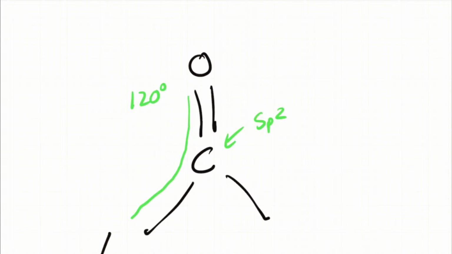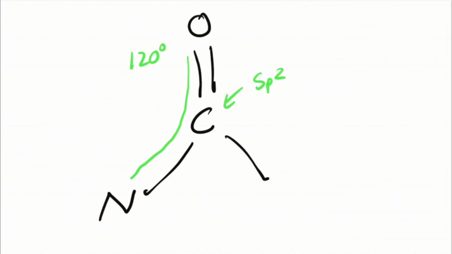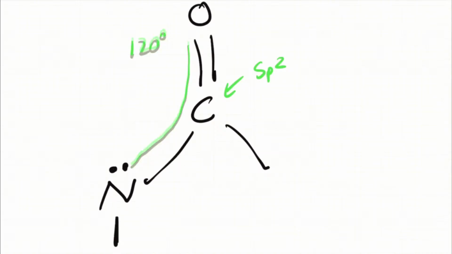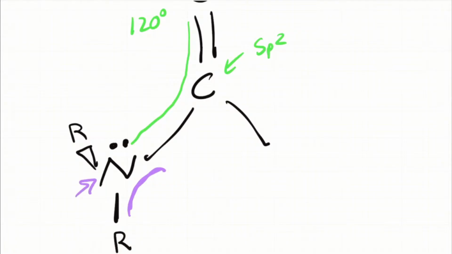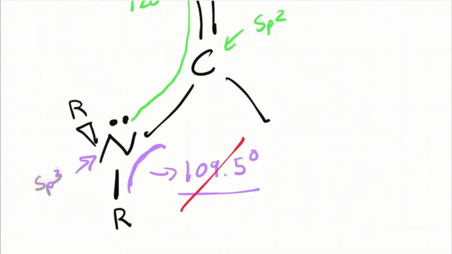And then if I have, of course, my nitrogen here with its lone pair on it, and it itself will also have bonds to other things. Here we can even zoom down just a little bit. Bonds to other things here, and bonds to other things here. I'll just label them as R groups. For now, R groups are, of course, carbons and hydrogens. And here we would say, well, this angle, because this nitrogen is sp3, we might say it's 109.5 degrees. But this is actually not the case. What's happening in this molecule is we need to shift our perspective a little bit.